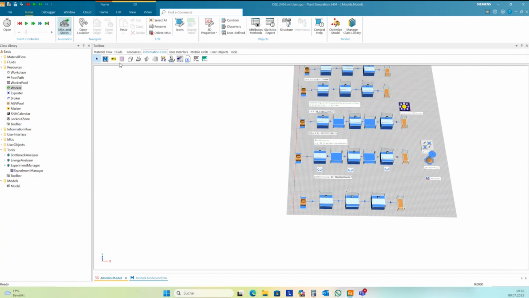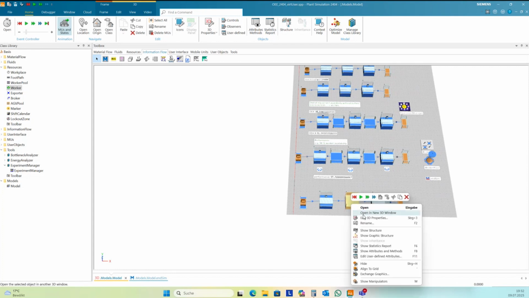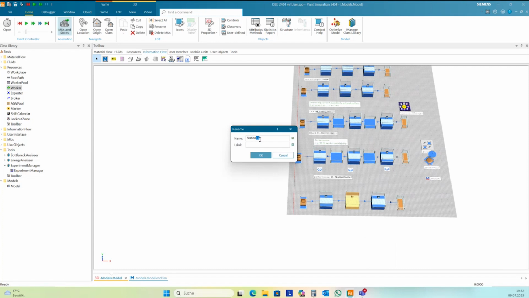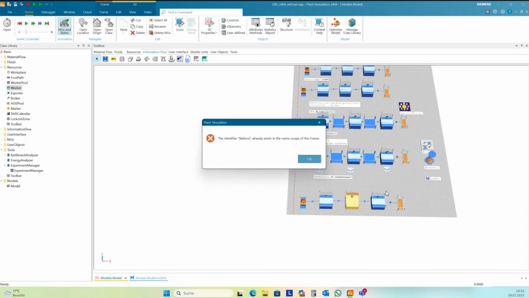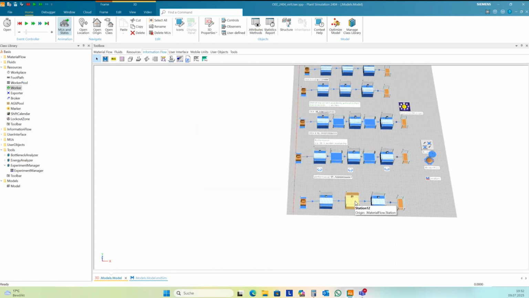I want to calculate a loss of 5% in station 2 and 3. Okay, we have already in this, it's station 12 and station 22.